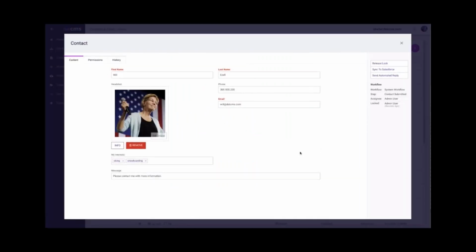form entry. And you can see this is the form data that's on the workflow step, contact submitted, and includes the workflow actions that are available to the user at that workflow step, things like sending an automated reply or syncing to Salesforce. You can build the workflow to do exactly what you need within dotCMS, and the form submittal is a trigger to begin pushing content through that workflow process. And with that, we're excited about the new form capabilities in dotCMS 5.2.